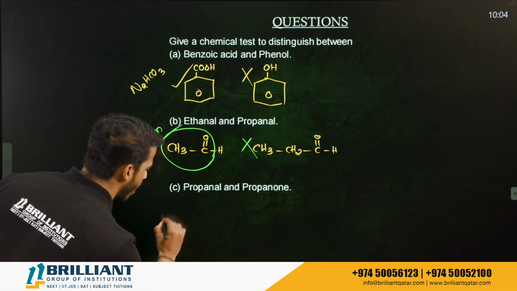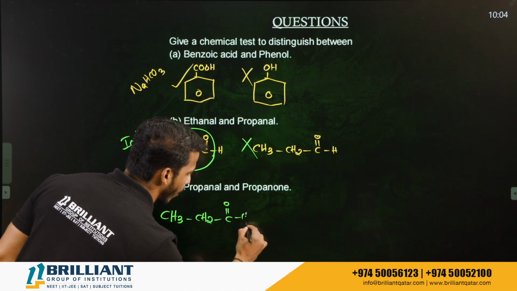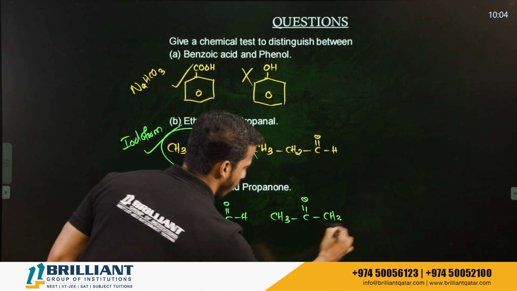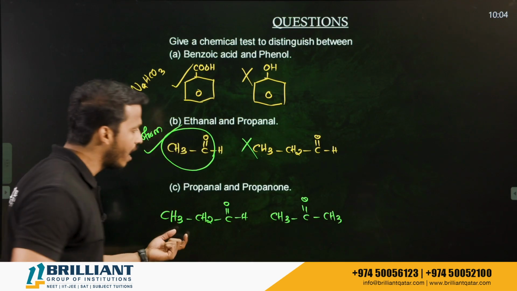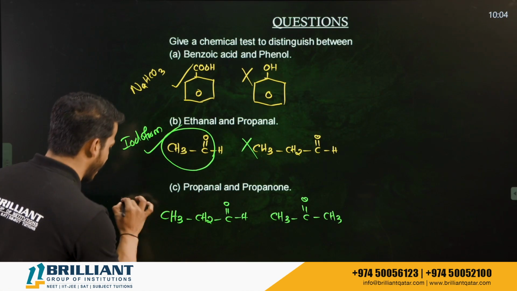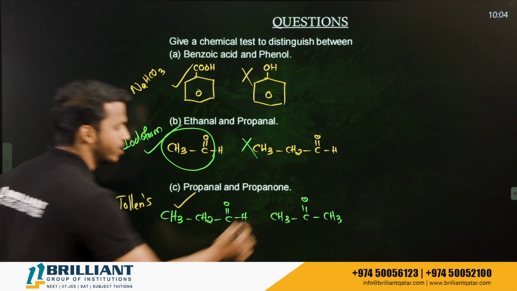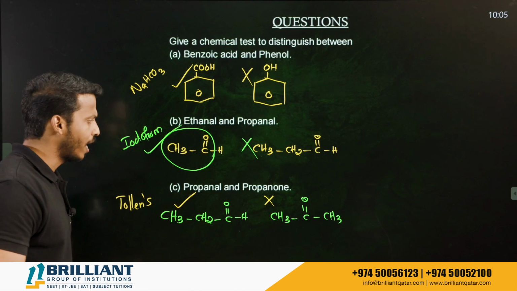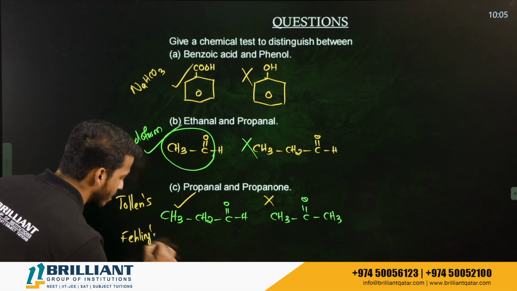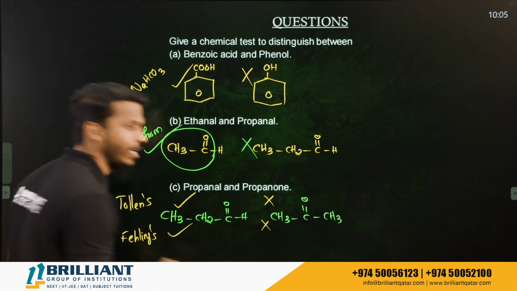Next one, propanal and propanone. What is propanal? CH3CH2CHO. What is propanone? CH3COCH3. Dear student, one is an aldehyde and one is a ketone. Can we use Tollens test? Yes, dear all, because Tollens test is given by aldehydes, not ketones. Can we use Fehling's test? Yes, we can, dear all, because Fehling's test is given by aliphatic aldehydes, not by ketones and